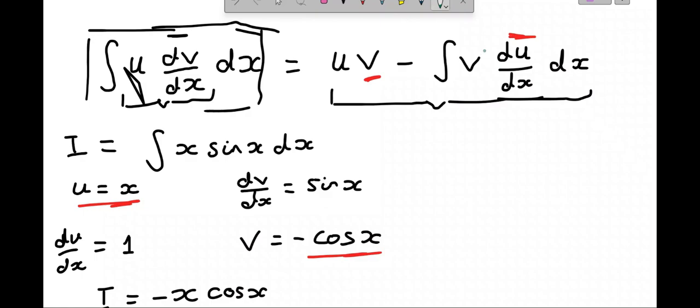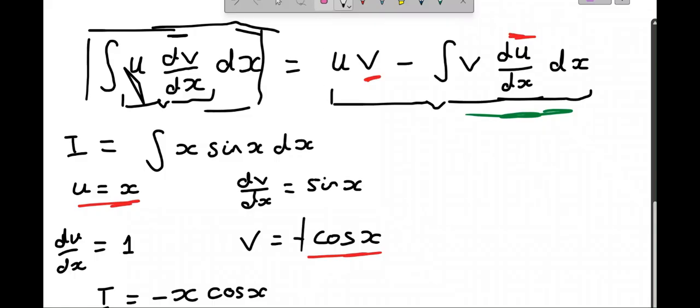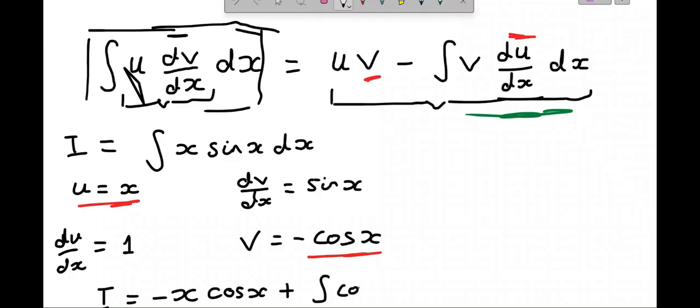And now the second part of this formula here, we've got the integral of v multiplied by du by dx. So that is v, so minus cosine x times du by dx, 1. So inside the integral we'll have minus cosine x. We can bring the minus sign out and we get plus the integral of cosine x